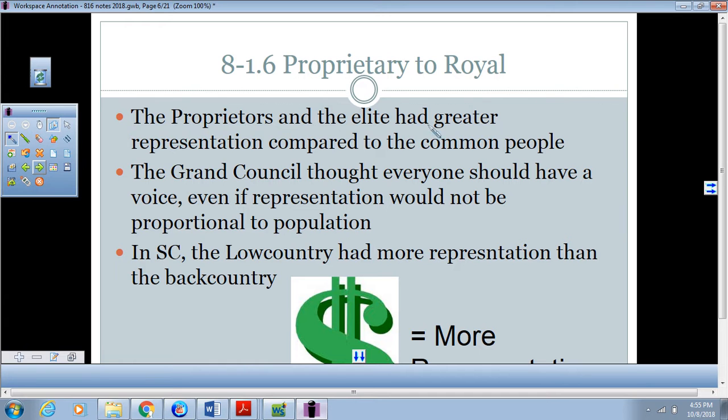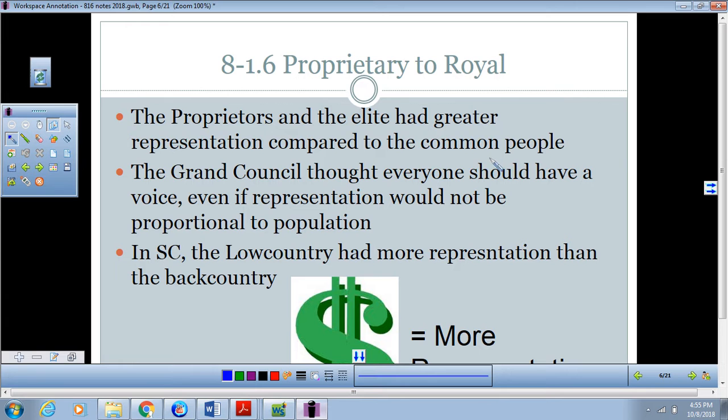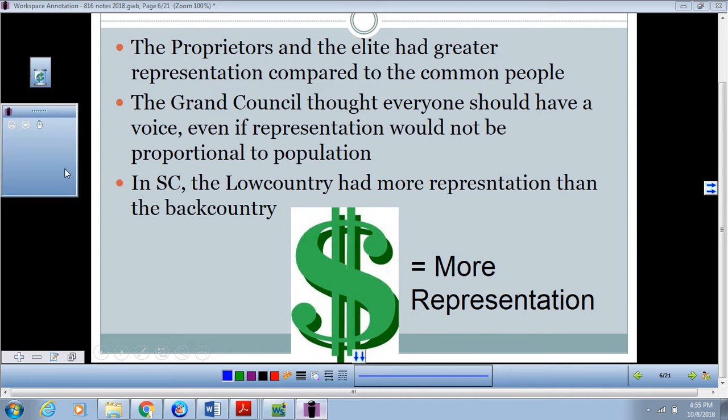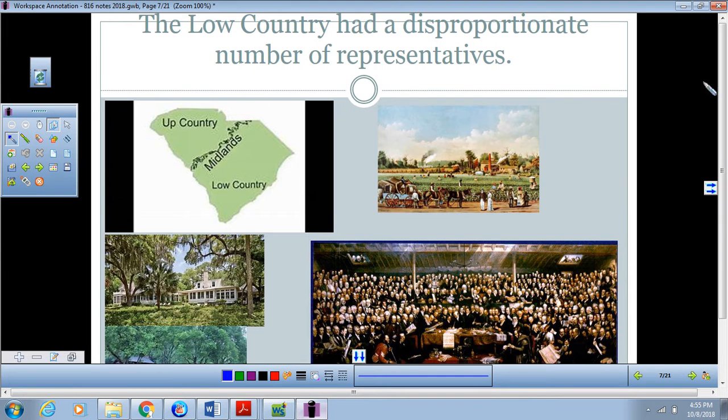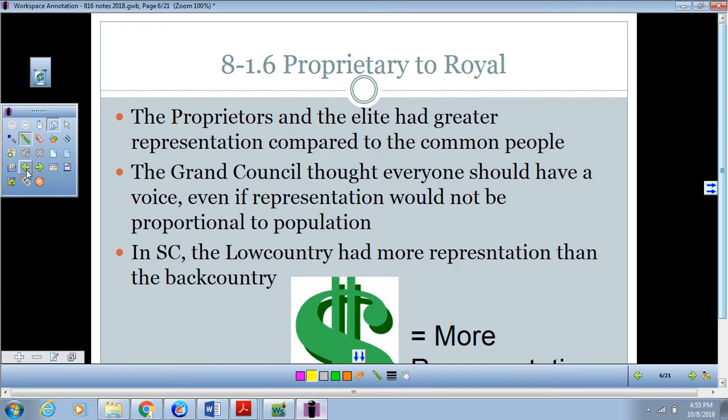Now, the proprietors and elite had greater representation compared to the common people. So perhaps we should move our line up here and give more of these people to the elite and proprietors. The Grand Council thought everyone should have a voice, even if representation would not be proportional. Now, in South Carolina, the Low Country had more representation than the Back Country. So, the Low Country is the area surrounding Charleston. Geographically, it's a relatively small part of the state,